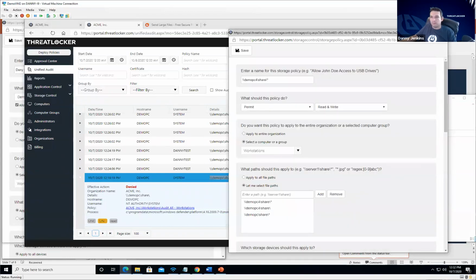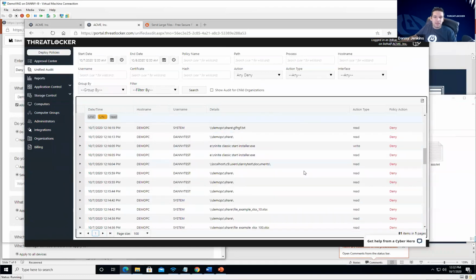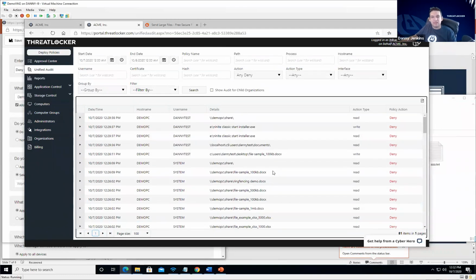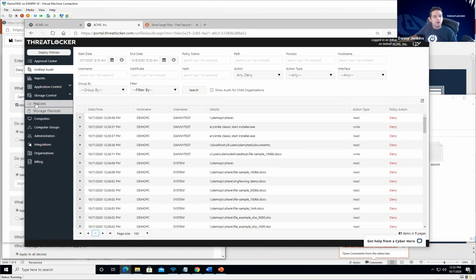Hopefully, I'm just pulling my chat window back up. So it is going to harden from there as well. And again, everything here, I keep saying this, it is here in the log. You can pull reports on it, you can export it, and you can set all these policies at an individual level. So if you have a user that wants USB drives, and you'll notice with the storage devices here,